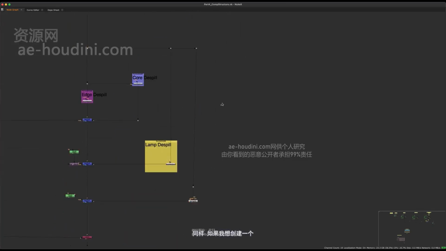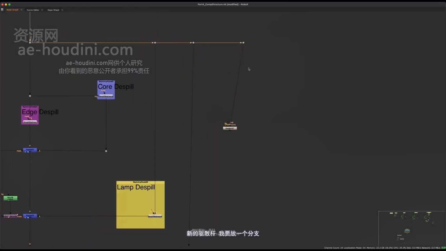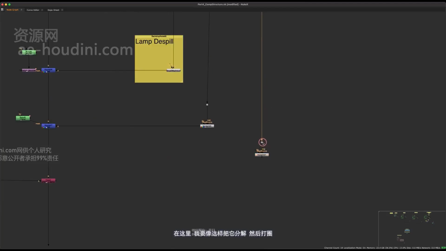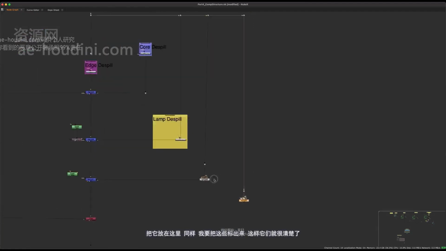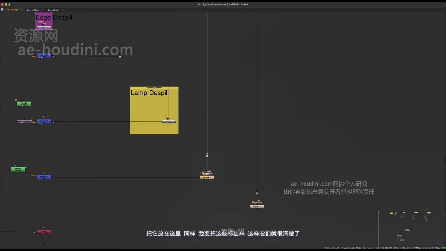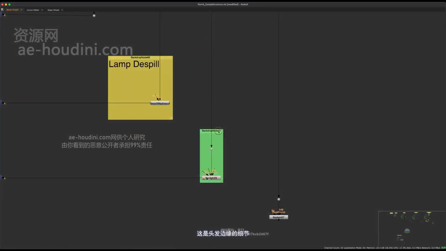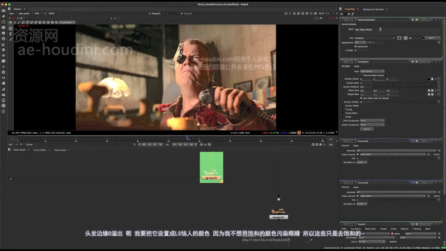So again, if I want to create a new despill for this pole thing, I'm going to put a branch here. I'm going to break it down like this, and oops, and put it here. Also just going to label these so they're really clear. So this is the hair edge detail, hair edge despill,